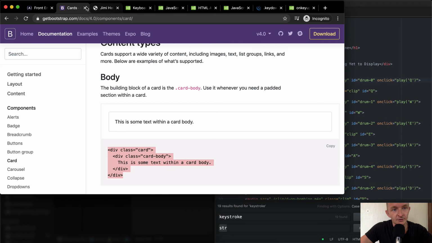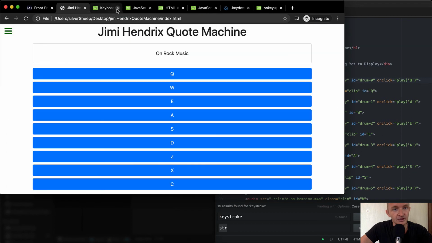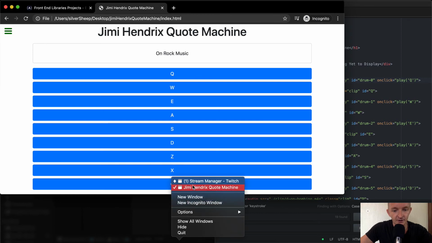Let's see, we don't need this anymore, and we don't need all these keyboard shortcut things that I came to figure out while I was working on this. We do want, on this page, on my other page, I've got,